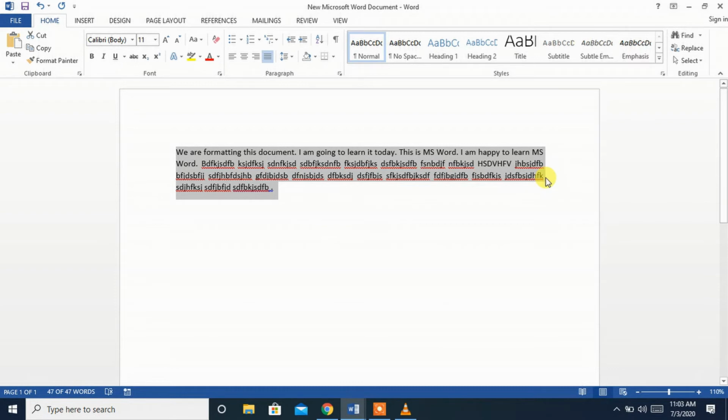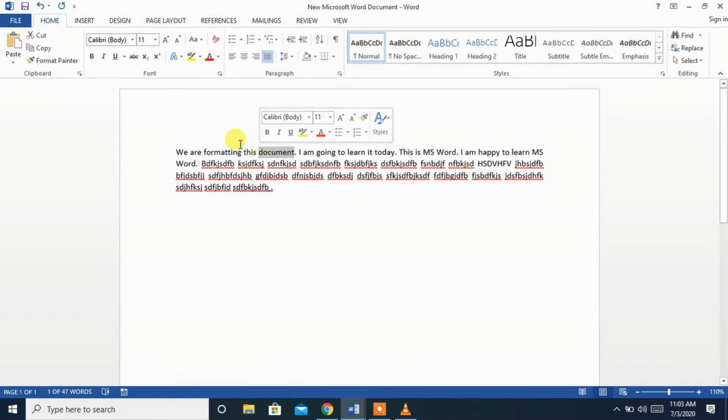Okay. Now I will show how to make a letter bold. I want this particular letter document to be more darker. So just select it by clicking and dragging.